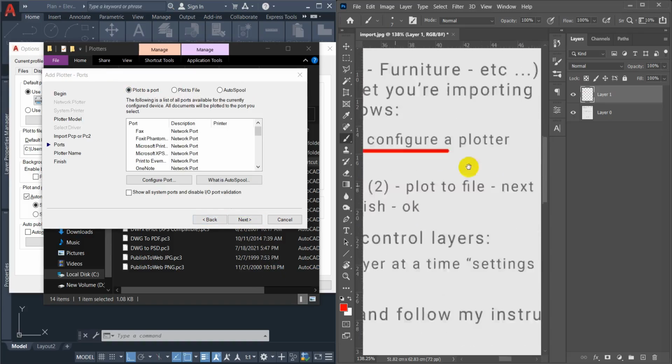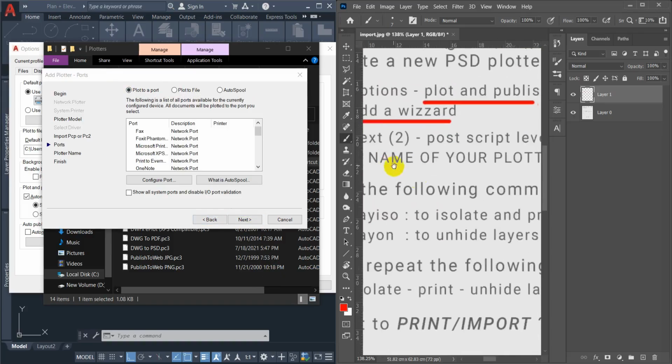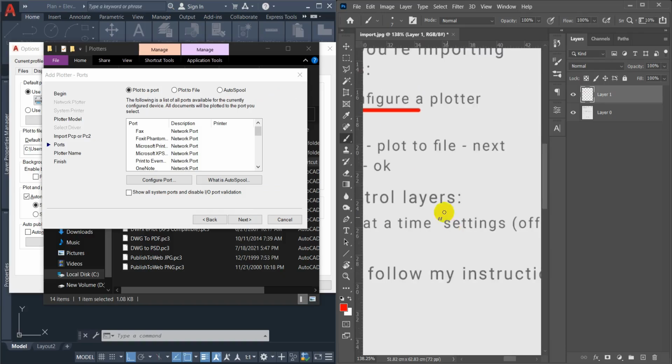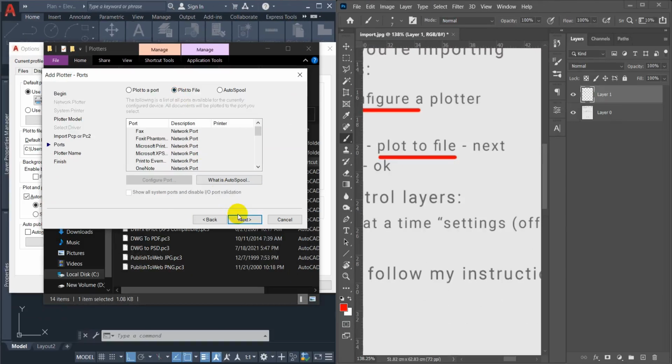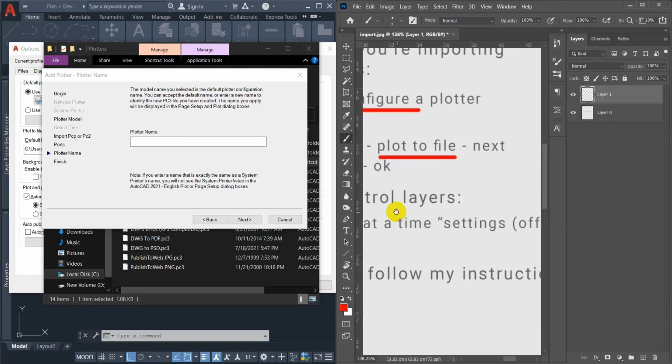Now the next one is, over here, plot to file. I'm going to choose plot to file just right there. Now next, as you can see,